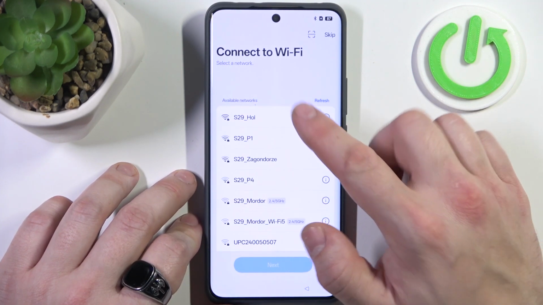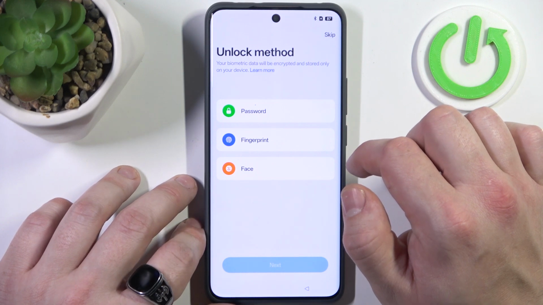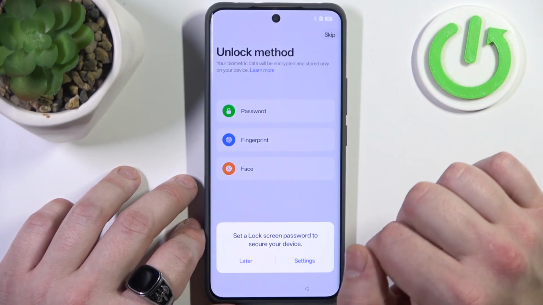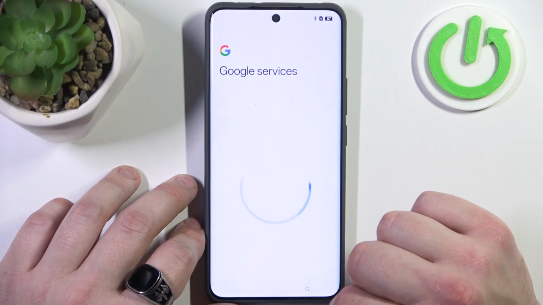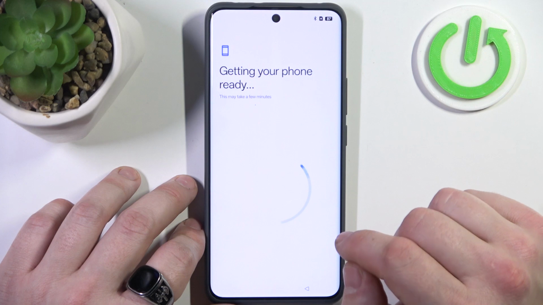Next, you can connect your smartphone to Wi-Fi, or you can skip. Next, you can select unlock method. Now, accept Google permissions,